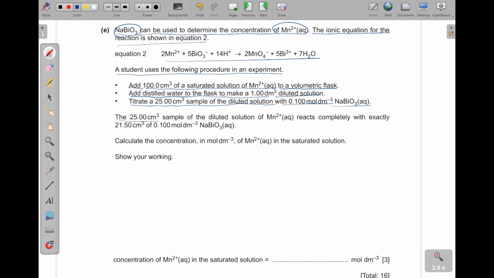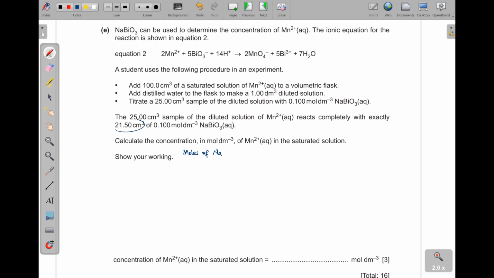The 25 cubic centimeter sample of the dilute solution of manganese(II) reacts completely with exactly 21.5 cubic centimeters of 0.1 molar sodium bismuthate. Then calculate the concentration in moles per liter of manganese(II) ions in the original solution. Show your working. Now, for such questions, we begin with the standard solution. A standard solution is the one that has a known concentration. So we need to find the moles of sodium bismuthate, because for it we know its volume and